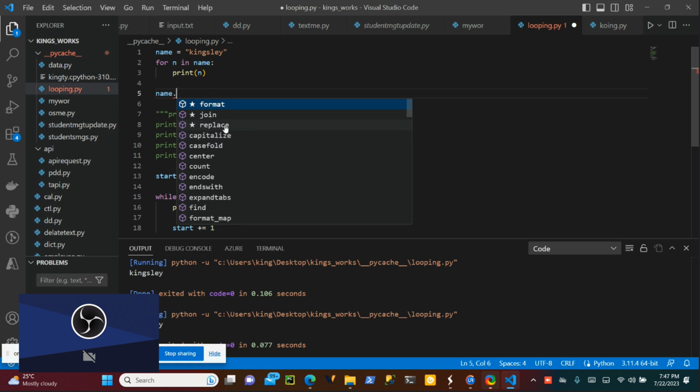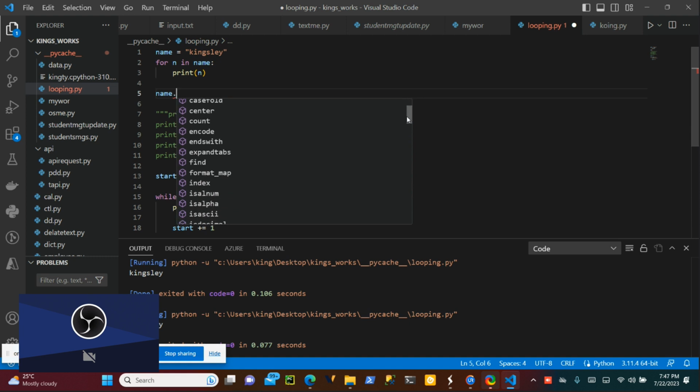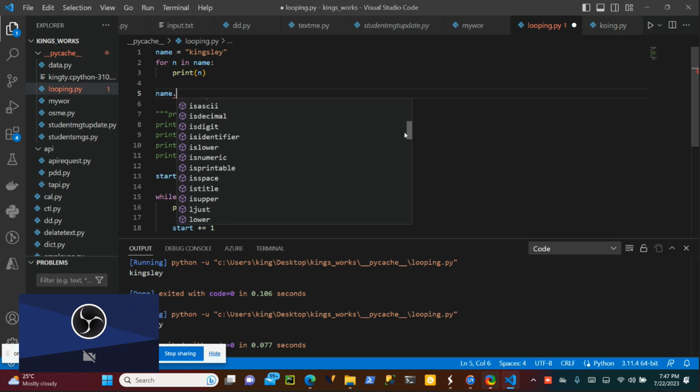For replace, you give your initial text that you want to replace. Then you can see capitalize, which changes the first letter to capital. You can see center, count, endswith, expandtabs, find, and index, which finds the index in the string. You can see isdigit and other checks.